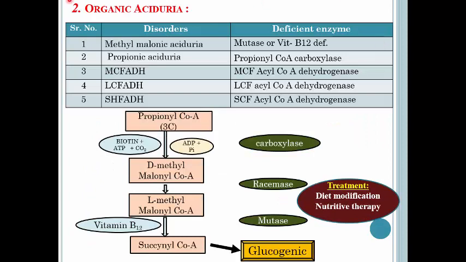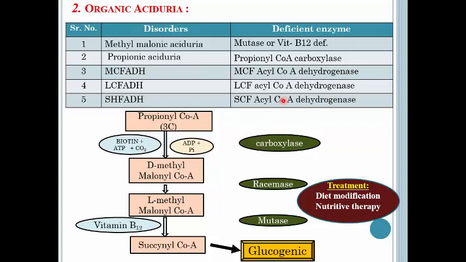And the second clinical condition is a group of diseases known as organic aciduria, which can occur due to nutritional deficiency, that is B12, or a genetic deficiency, that is deficiency of mutase. Okay, so this is mutase, this is B12. If B12 is not sufficient or mutase is genetically abnormal, then L-methyl cannot be converted to succinyl-CoA, so there will be accumulation of methylmalonic acid which will be excreted in the urine, which is known as methylmalonic aciduria.